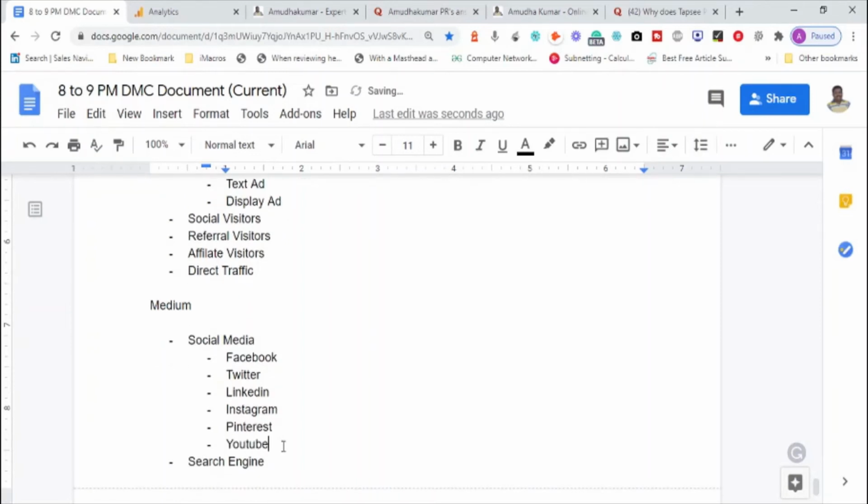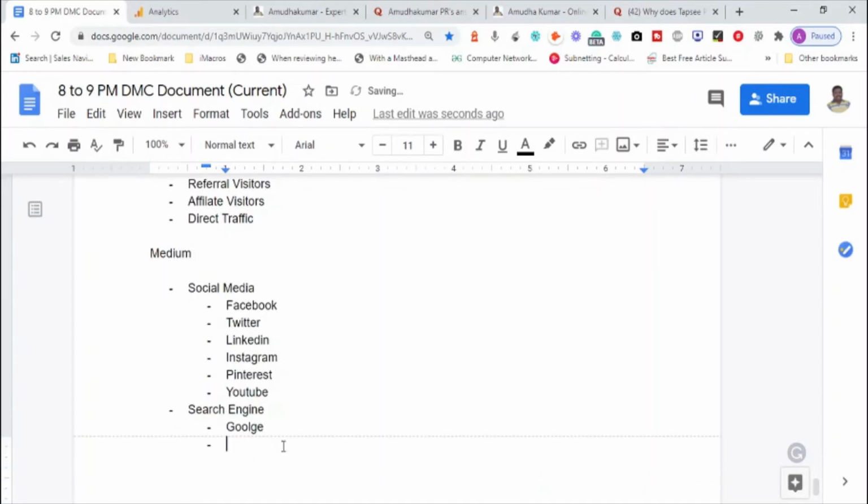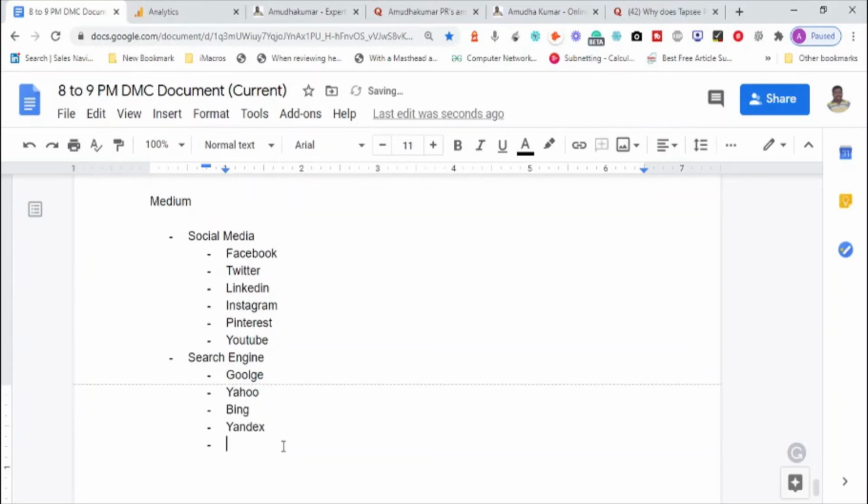So these are basically social media. When it comes to search engine, it is Google, Yahoo, Bing, Yandex, DuckDuckGo. There are several. So these are the different mediums which the people will come from, so we can read this data in depth.